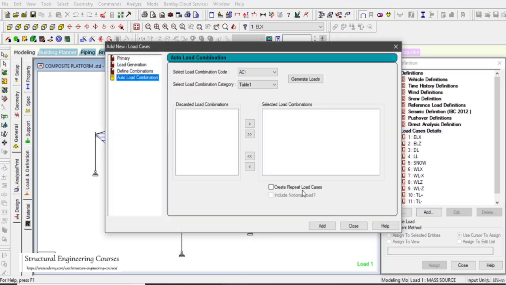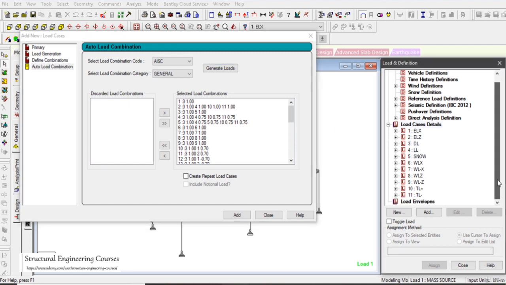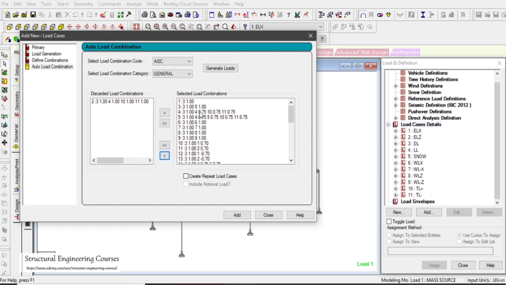So when you see this repeat load case option, it will not look alien to you. The load combination code shall be as per AISC. We select the general arrangement here, and you can see various types of load combinations being presented in front of you. So 1 times dead load, 3, 1, 4, 1, 10, 1 and 11, 1. That is dead load plus live load plus 10 and 11, the temperature loadings here. So this is not a correct load combination,